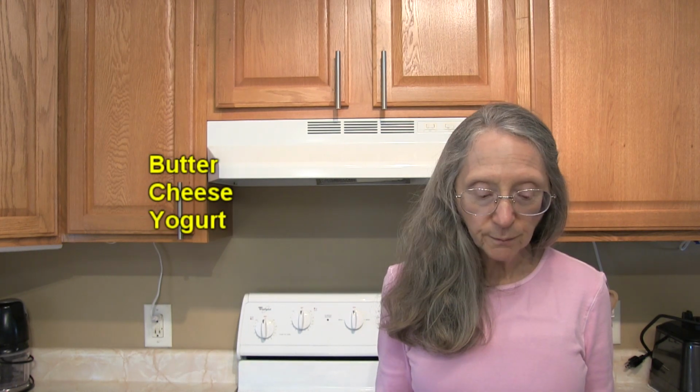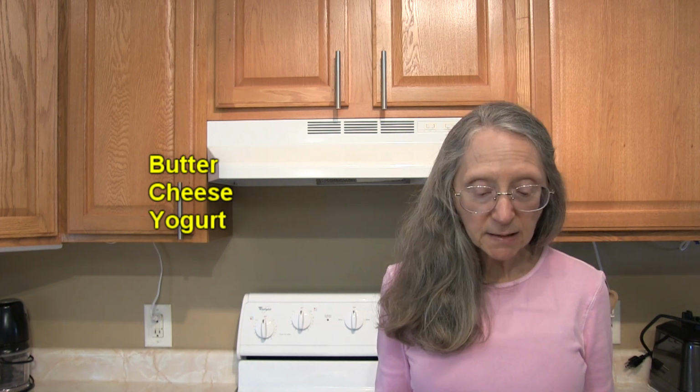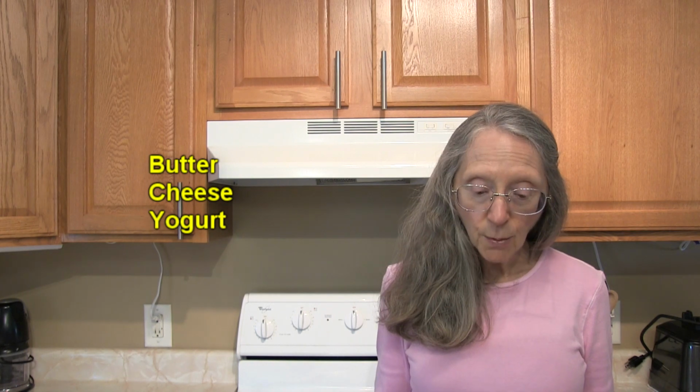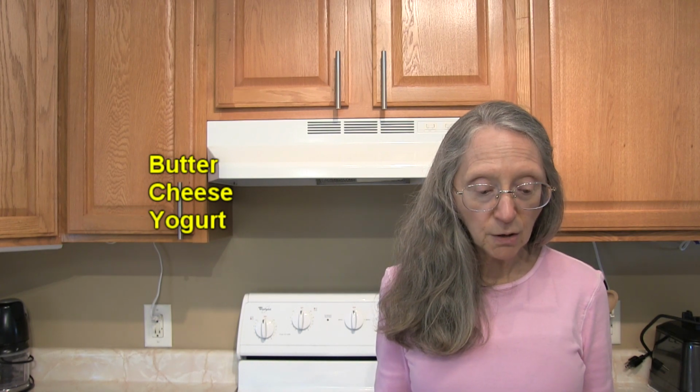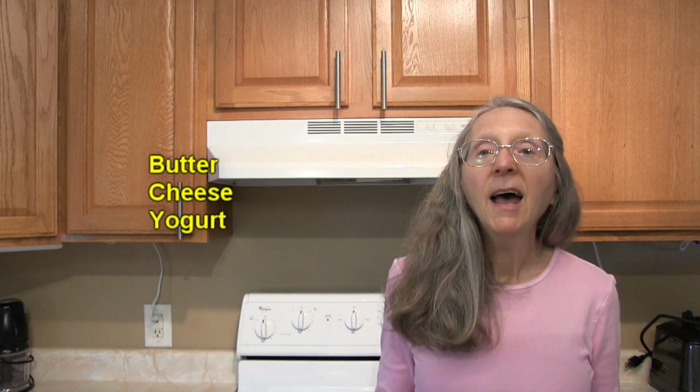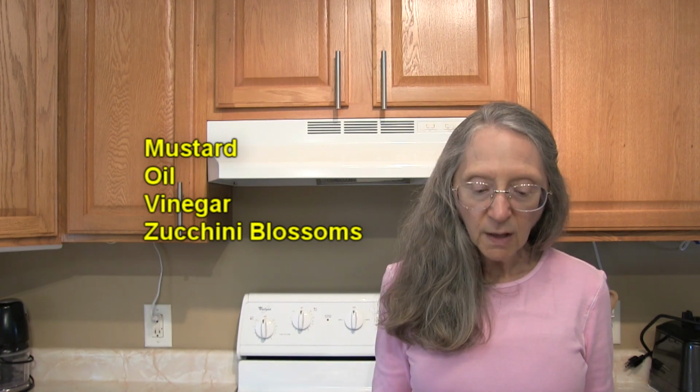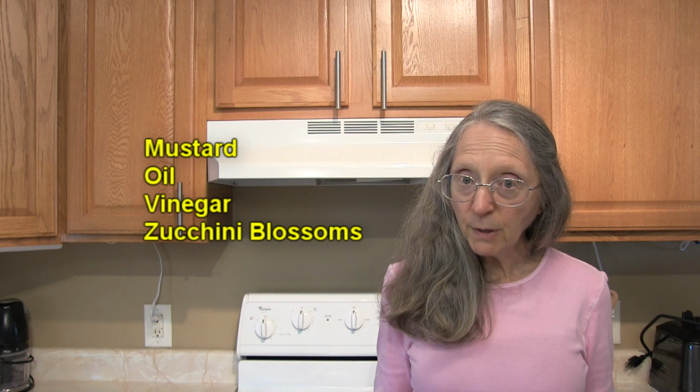In the dairy and non-dairy food products category, there's butter, cheese, especially feta cheese, goat, mozzarella, parmesan, pecorino, provolone, ricotta, and Swiss cheeses. I guess just about any kind of cheese you want. And also yogurt. In the other foods category, there's mustard, oil, especially olive oil, vinegar of pretty much any type,